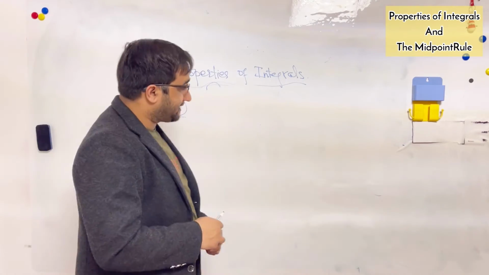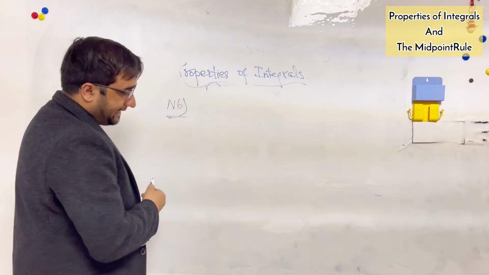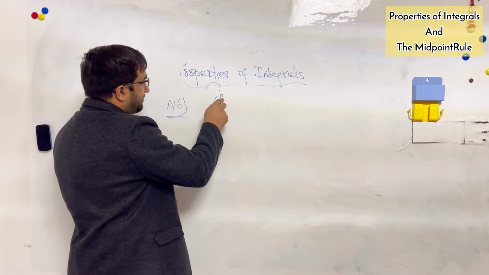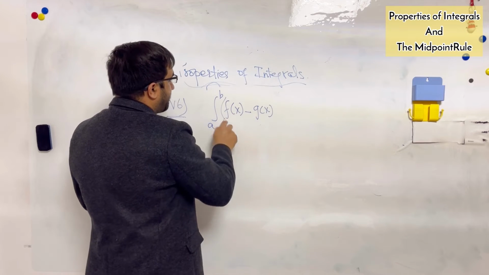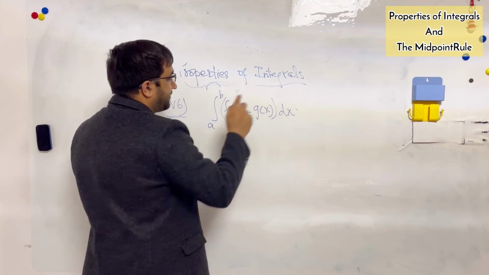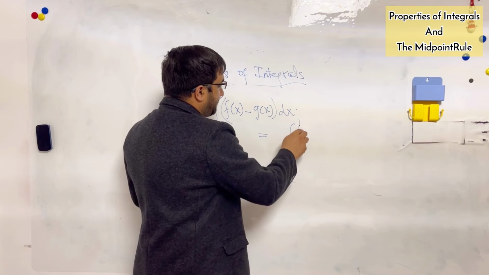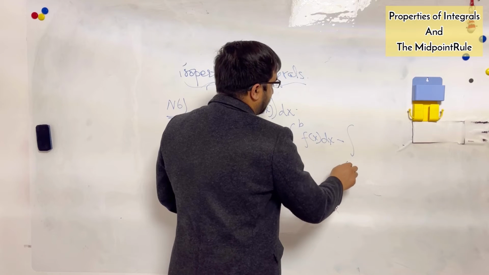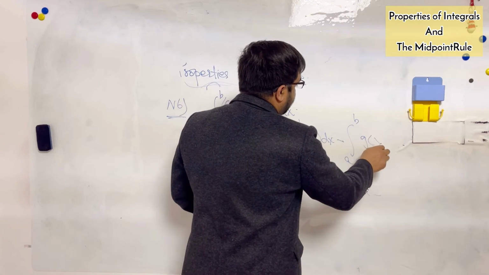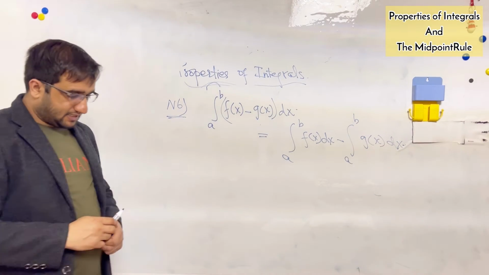Similar is the case if you have integral a to b f of x minus g of x into dx, then this is the same as integral a to b f of x dx minus integral a to b g of x dx. Now the proof is interesting. The proof is,